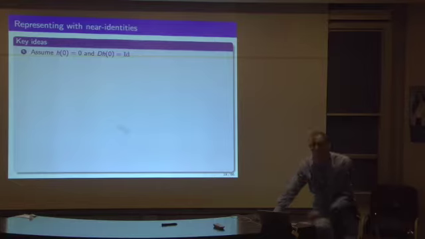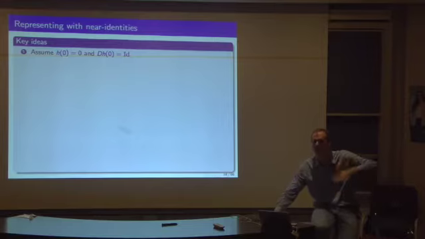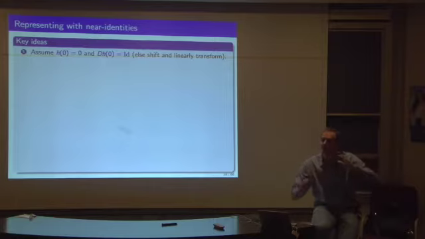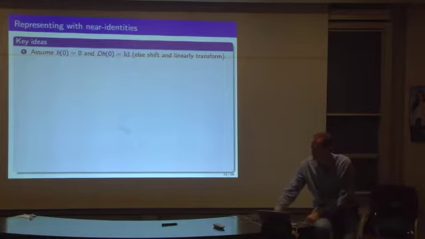Without loss of generality, we can assume that h of 0 takes some particular value. Let's set it to 0, and that its derivative is just the identity. If that's not true, we can shift things and do a linear transformation that ensures these conditions are true, and that shift and linear transformation can be done with a small Lipschitz semi-norm deviation from the identity. That's the linear result already.